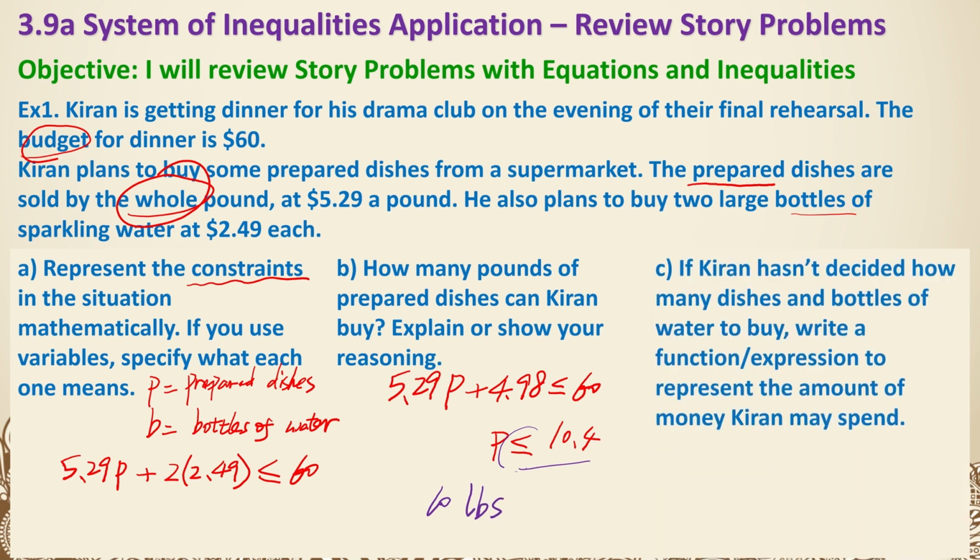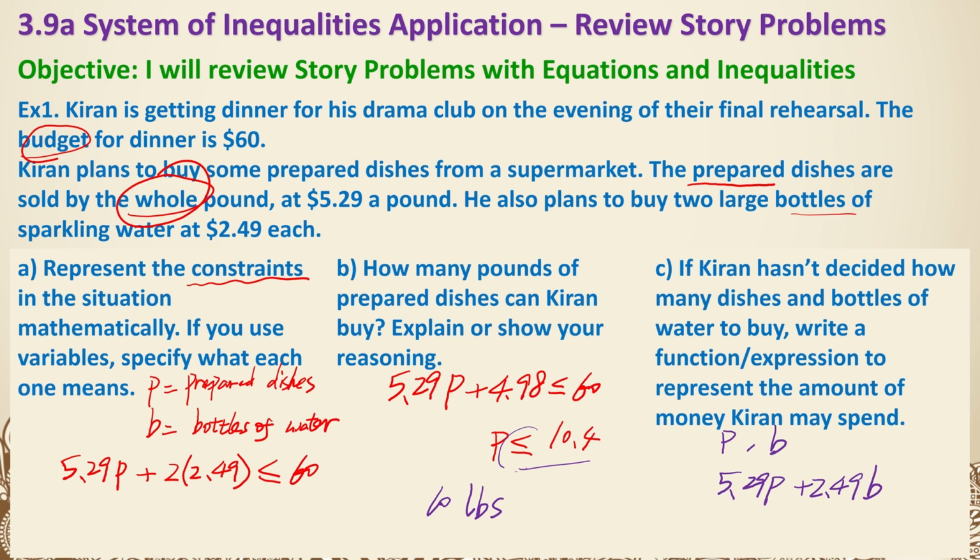Okay, for question C, if Kieran hasn't decided how many dishes and bottles of water to buy, write a function or expression to represent the amount of money Kieran may spend. In that case, we have to use the P and the B, because P represents the dishes and B represents bottles of water. If he hasn't decided anything, we're going to need both variables. So it's 5.29P plus 2.49B, because 5.29 is the unit price for the dishes, and 2.49 is the unit price for the bottles of